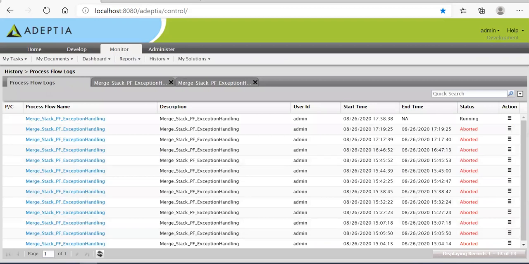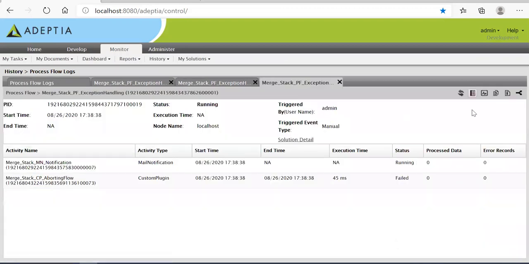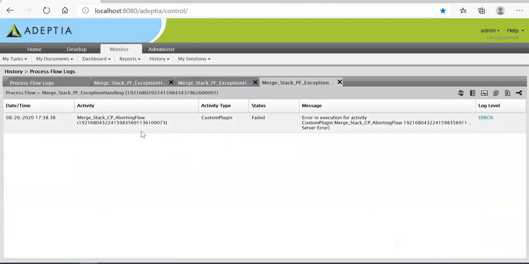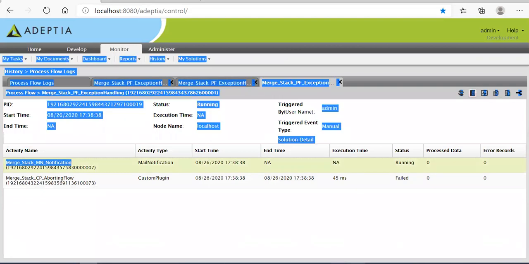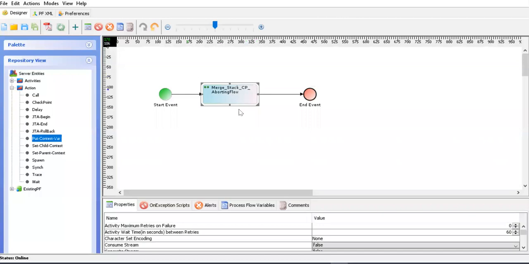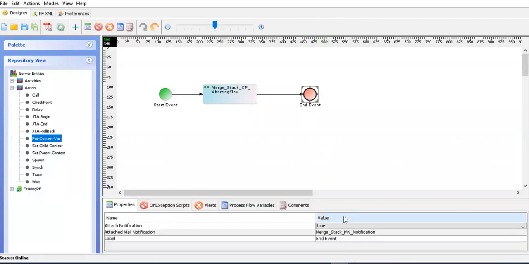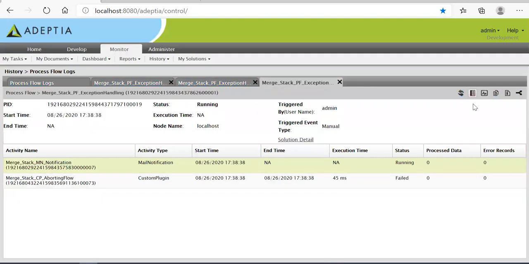We are manually aborting the flow. If you go through the last session, you'll see how we abort the flow manually. Let me show you. Let's go to the execution details. You can see here that this activity is getting picked up. This activity is attached to the end activity. We have only one custom plugin here, but that activity is getting executed because the process flow is in abort status. Let me wait. See, aborted. Now these failed because the setup is not working for me.